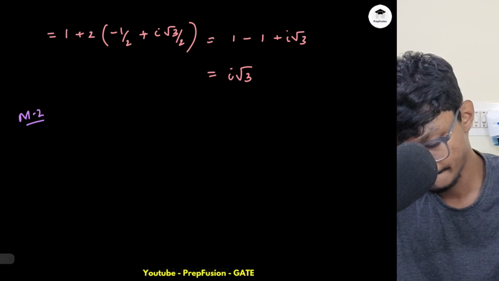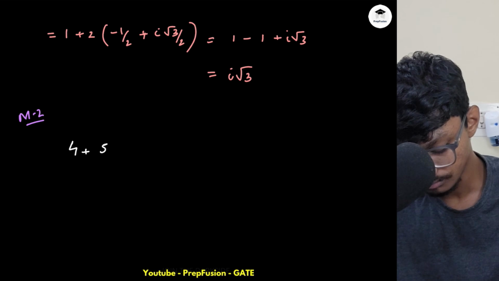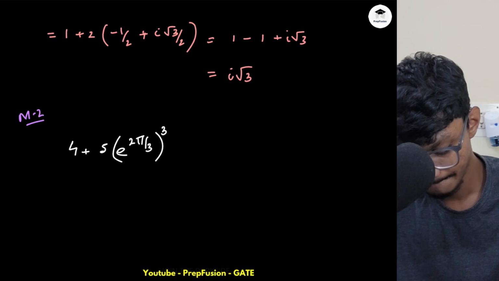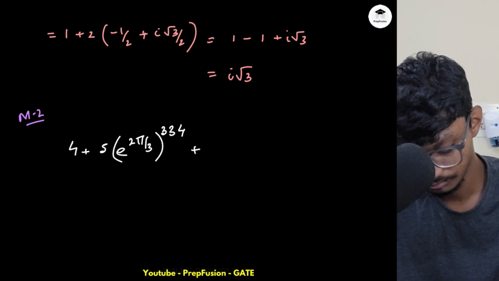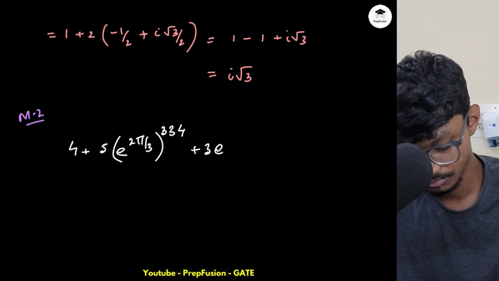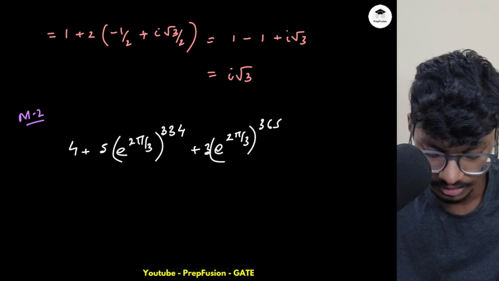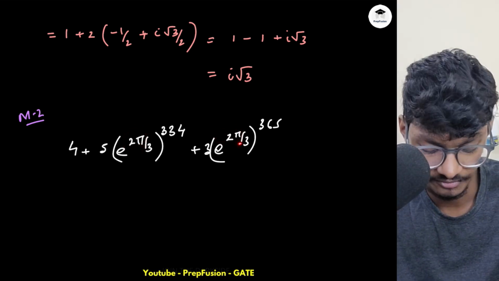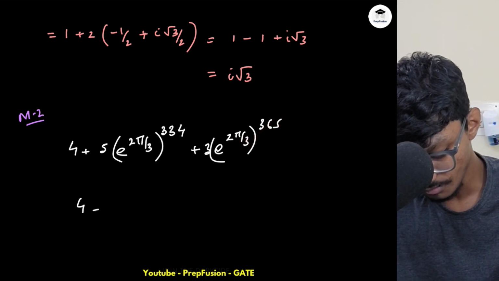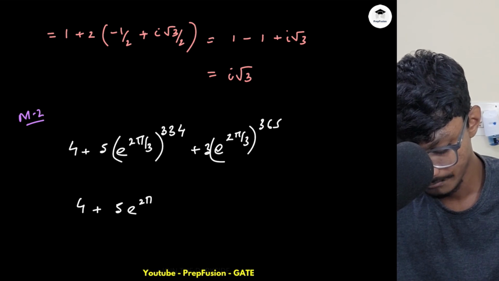So this will be 4 plus 5 into e raised to power 2 pi by 3, into 3 times again the same thing, e raised to power 2 pi by 3, raised to power 365. Now what I can observe is that e raised to power 2 pi will always be 1. So I have to find this to compute and I will be able to get to my answer. So I can write this as e raised to power 2 pi